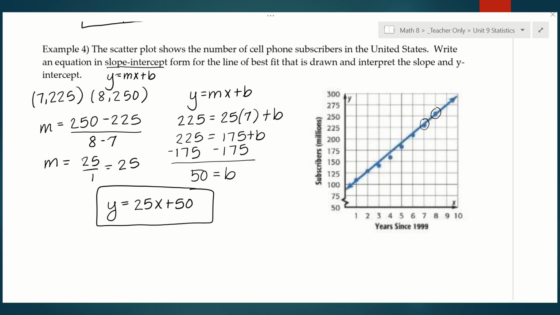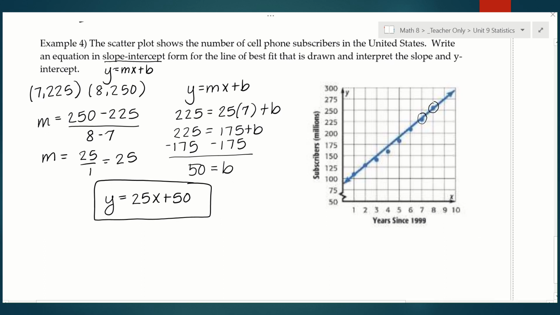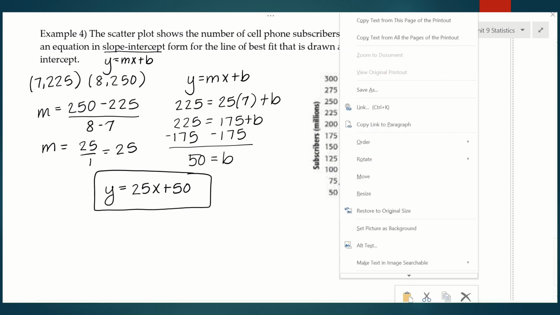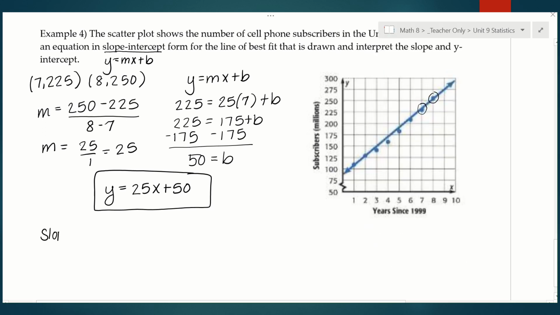Now it says to interpret the slope and the y-intercept. So we did this way back when you had to tell me what the slope represented in the context of the problem. So what does the 25 represent in this situation? Remember, slope is the same as rate of change. And rate of change means the change in y over the change in x. So in this situation, it means the number of subscribers per year. So that's what we're dealing with here. So let's say for the slope,